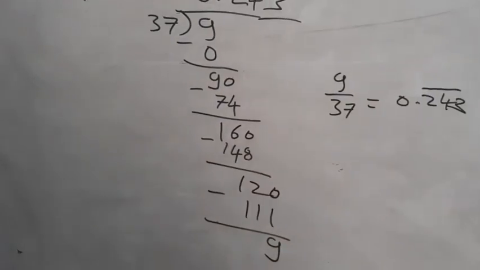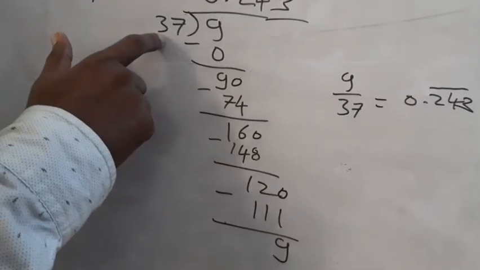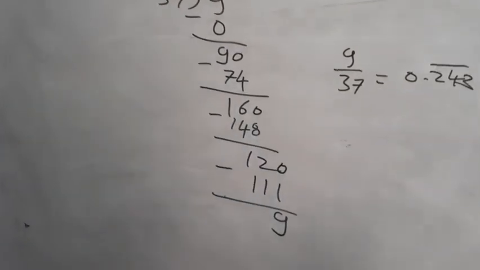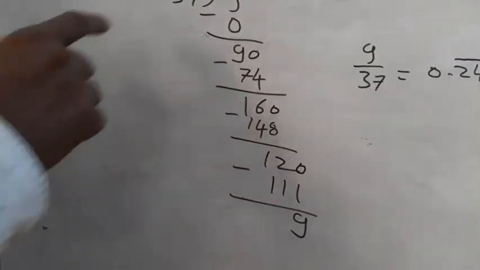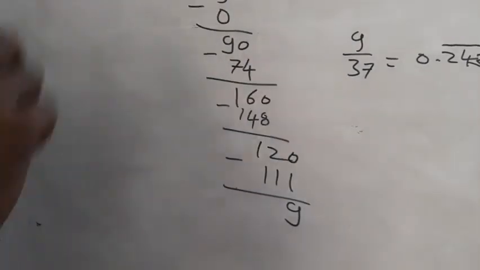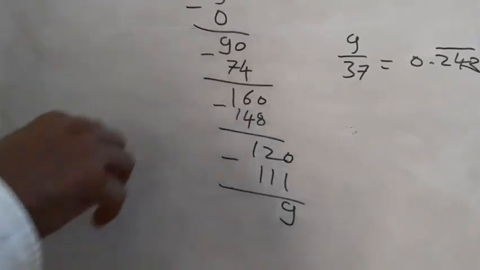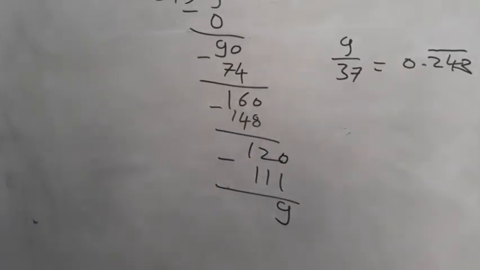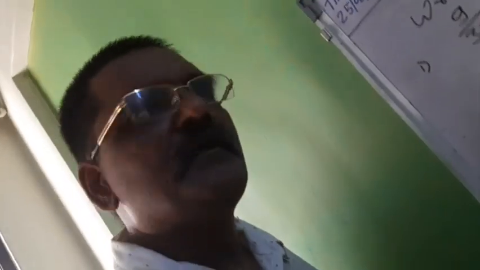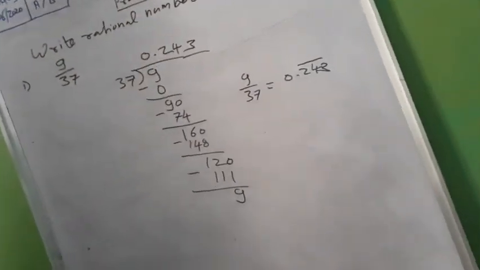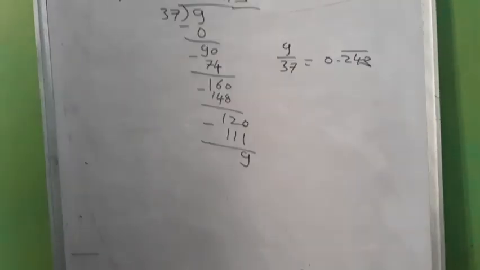Now, I will tell you the method behind that. Consider the first number: 3 3s are 9, but 7 is there, so 3 2s are 6. Before that, which number is there? 2. I write 2. 37 2s are 74. Similarly, 160 is here. First two numbers: 3 5s are 15. Before that, which number is there? 4. 37 4s are 148. 12. Again, children, 3 4s are 12. Before that, which number? 3. 37 3s are 111. This way, you write the answer.